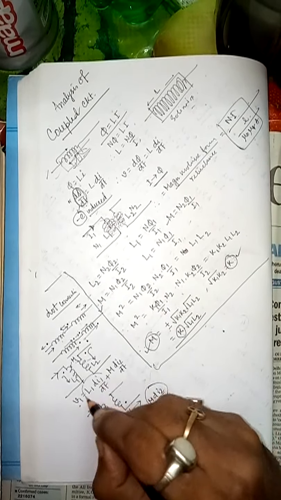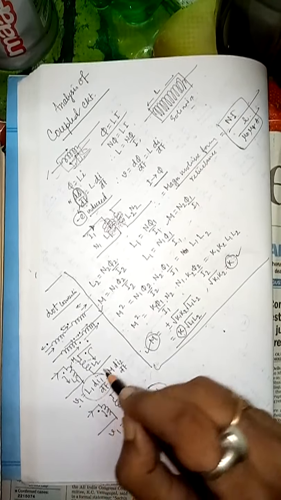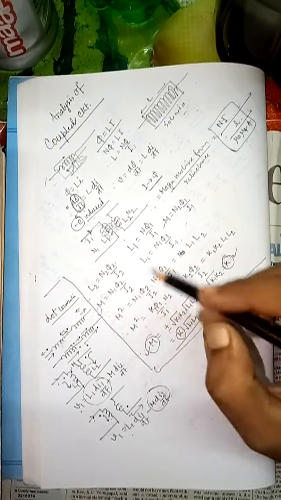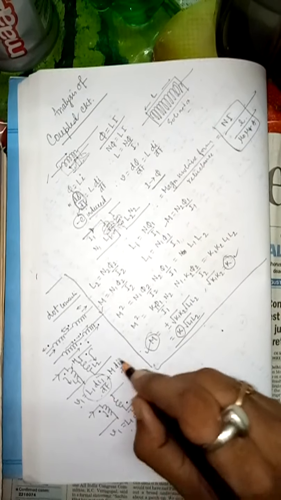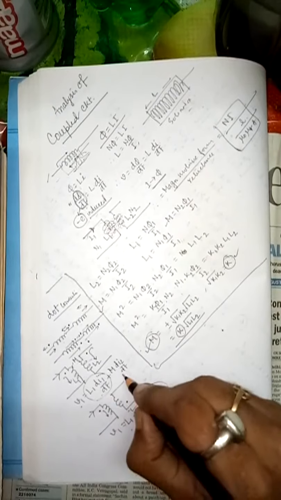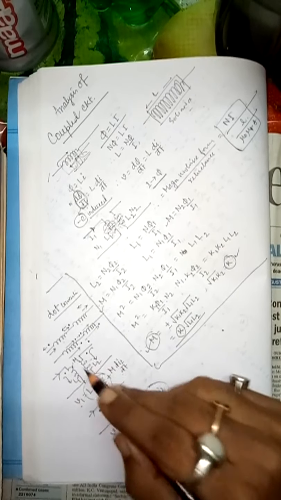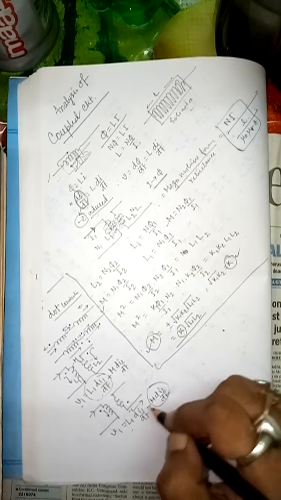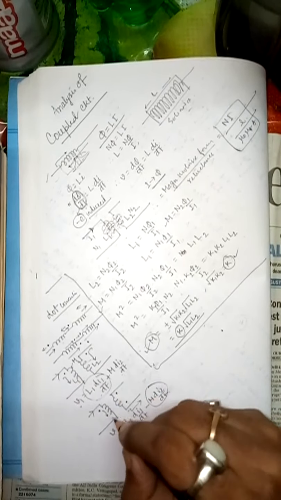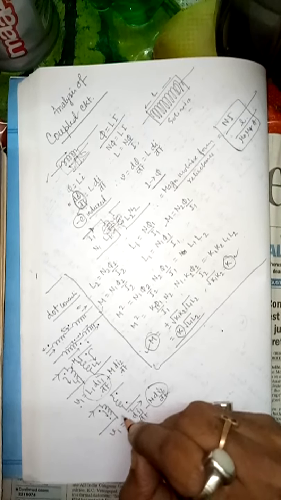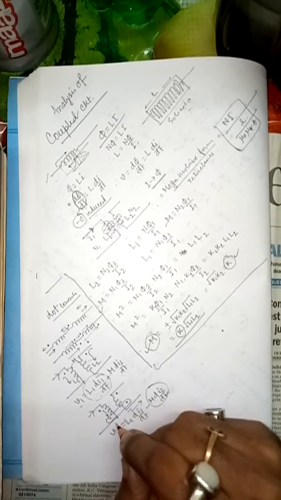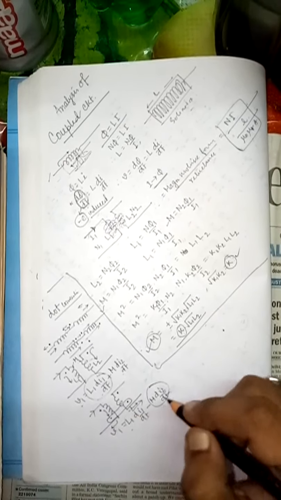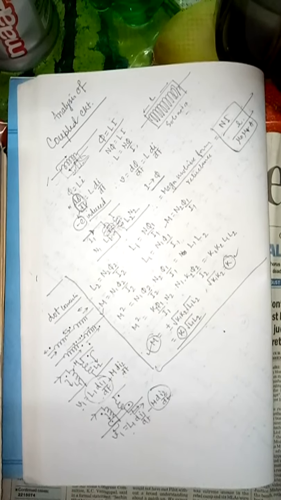V1 is basically the direct drop, L di/dt, because I already showed that it equals the flux linkage, meaning the induced voltage E here. So that is the self-induced voltage and that is the mutually induced voltage. Whether additive or subtractive depends on the dot convention. If you take the dot convention in this way, it is additive. If you take it in this way, it is subtractive. In the same way, if you take the dot this way, it is also subtractive. But if you take the dot in this way, both currents are leaving, so again it is additive.